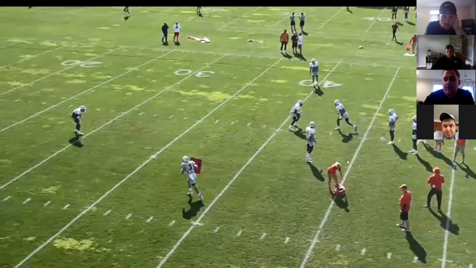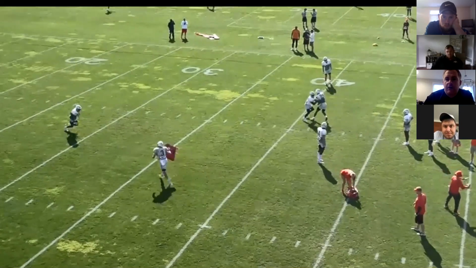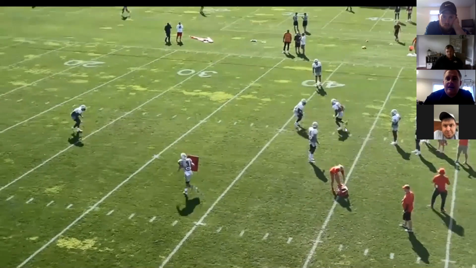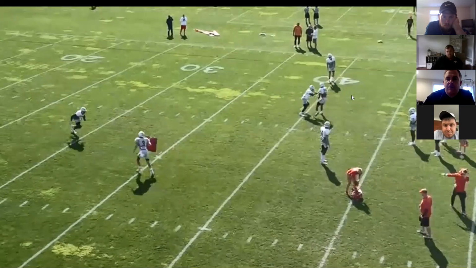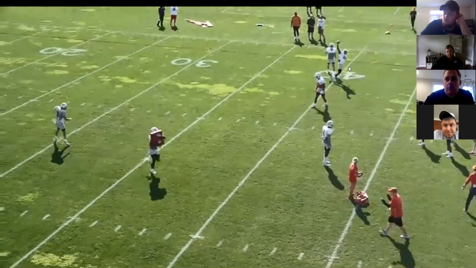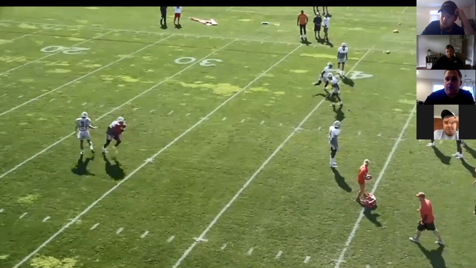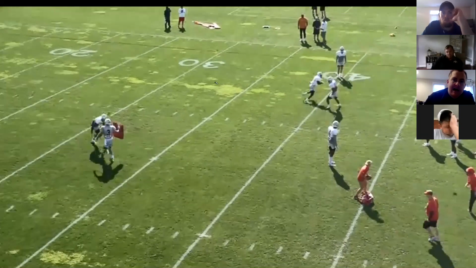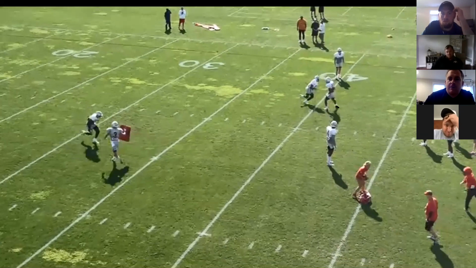And then right there, the only time he should leave is right here. He should just periph this number 2 pushing vertical. We want to reroute that guy inside out. In this picture, we've made a smash, smash, smash call, or we've simulated one by the corner. So anytime we've got 2 on a vertical and 1 on a hitch, the corner is going to say smash and squeeze the vertical. This would tell the buzz player to expand to the flat